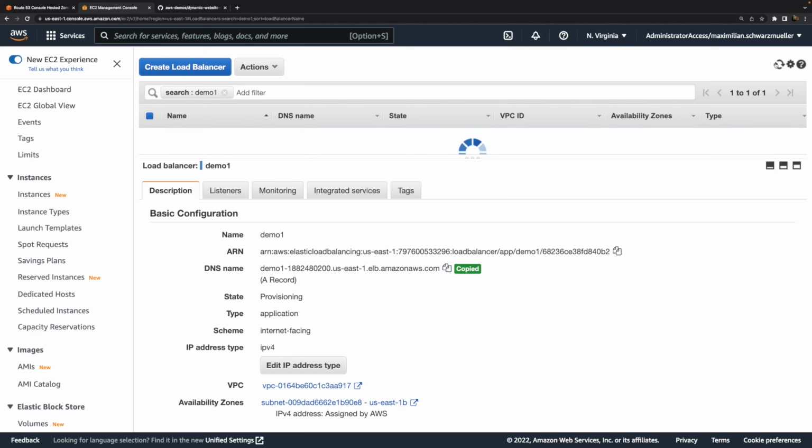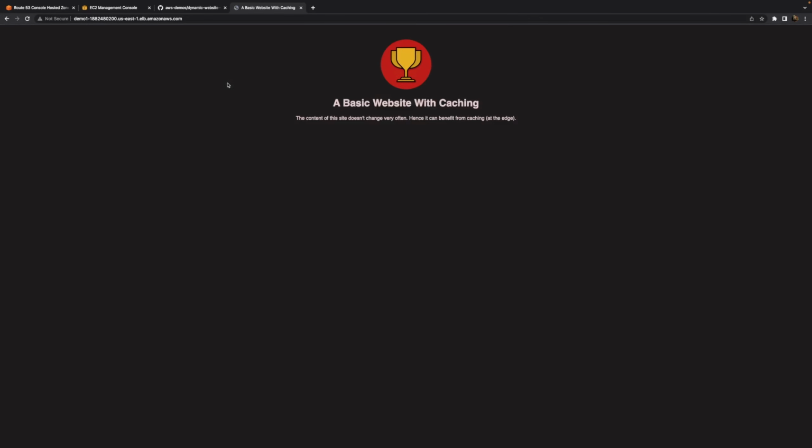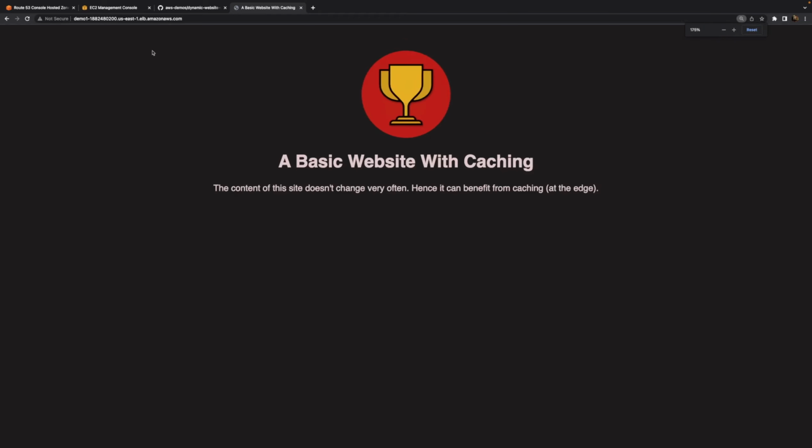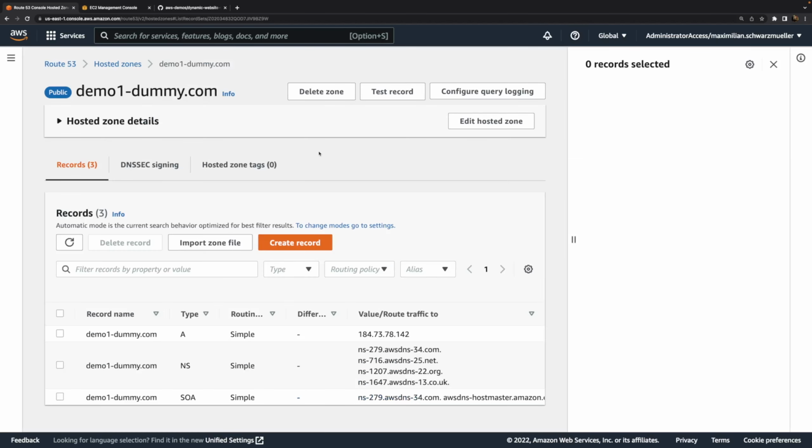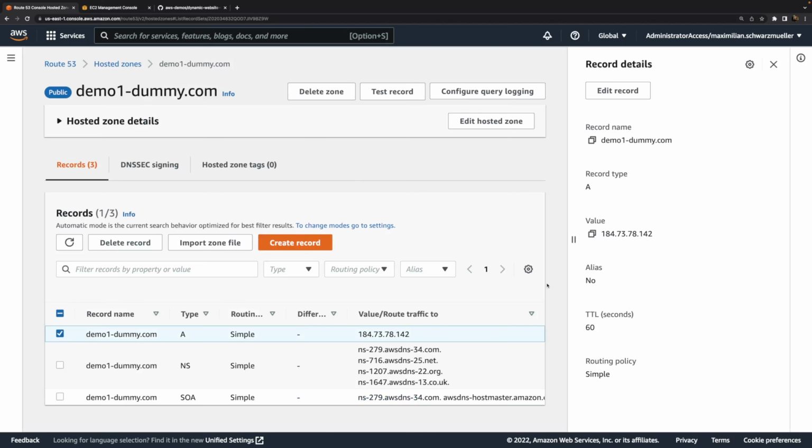So once this load balancer did finish its setup phase, once it is available, we could use this domain here to send requests to our website. Here we go. That's the website loaded with help of that domain name automatically assigned to the load balancer. Now, of course, again, that's this automatically created domain. We might not want to use that. In order to use our custom domain, we can tweak this A record.